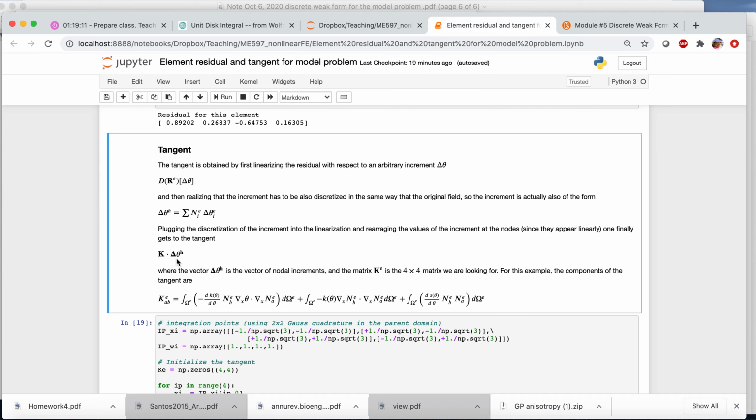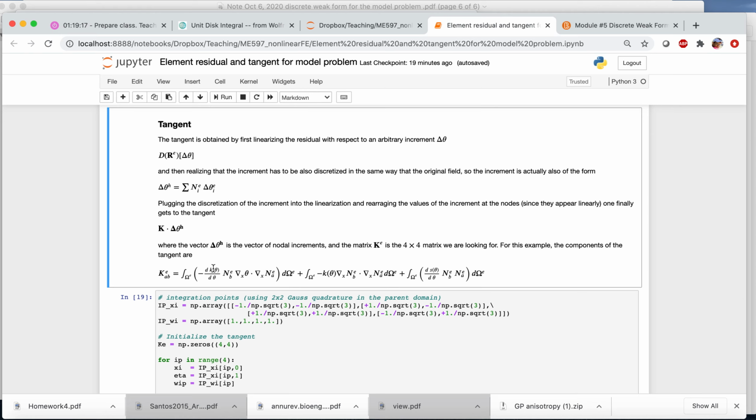When we plug out these nodal values of the increment, we end up with a 4x4 matrix that looks like this. So it has entries A, B. I should note here A again equals 1, 2, 3, 4, and B equals 1, 2, 3, 4. So we have 4x4 combinations. And I'm not doing the linearization carefully here, but if you go back to the video from Tuesday, the linearization,